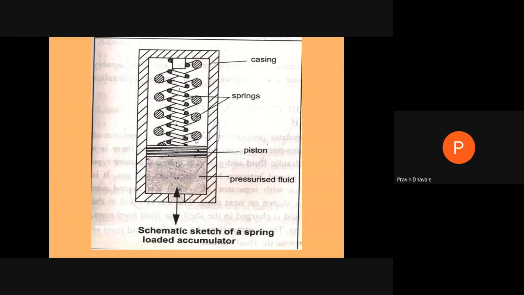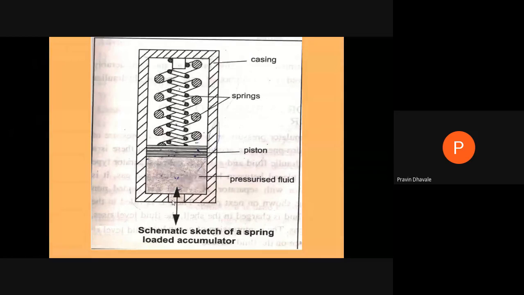Now, as pressure goes on gradually decreasing, we cannot supply a higher volume of fluid to the actuator. So the second limitation of this spring-loaded accumulator is that it will supply a smaller volume of fluid